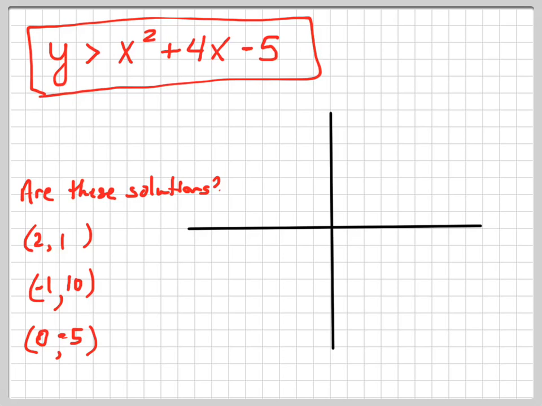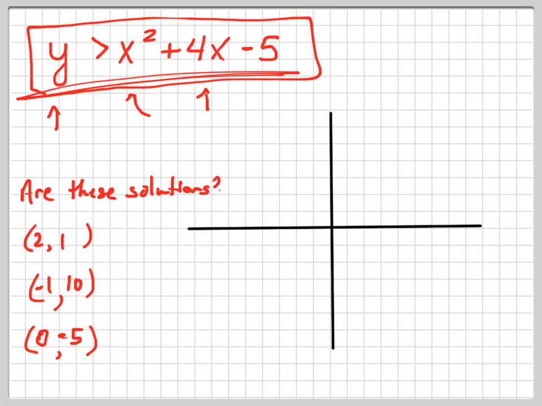In fact, even if it wasn't an inequality, even if it was an equality or an equation, it has an infinite number of solutions, because I can keep plugging in values for x and y that make the equation true. I could change this to an inequality, and I can plug in values for x and y that make this inequality true. It's a lot easier to find solutions for this inequality than it is for an equation, because for an equation,